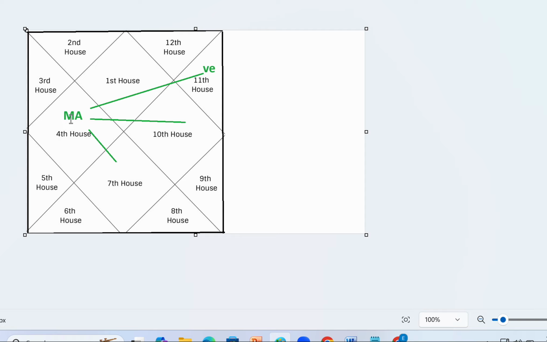That means Mars looking at the 7th, 10th, 11th means the 7th house is for business and wife, whatever it is. He is destroying this business, wife, and this Venus is sitting in the 11th house, and Mars is looking at Venus, which means the Lord of the 7th house is destroyed. That's why due to this, the wife is going to illness. And profits also gone, business also gone, career also gone.